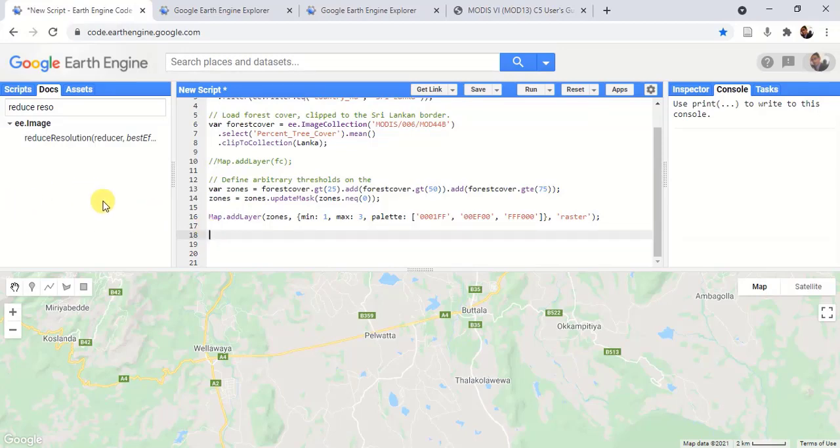vector. So first of all, we have to create a vector dataset, and then we can use the variable zones, and we have to add the bands of forest cover, and then we can call the reduceToVectors function,